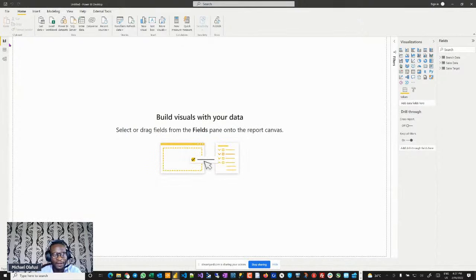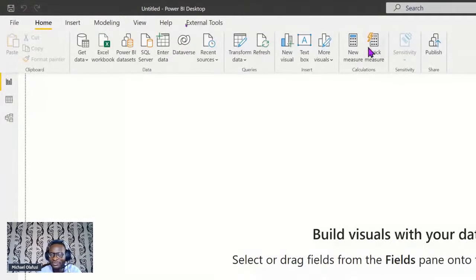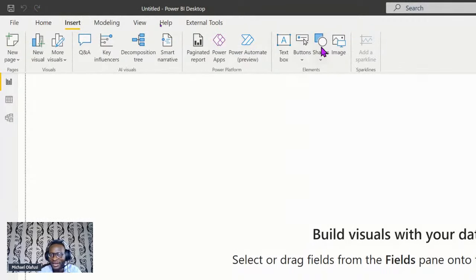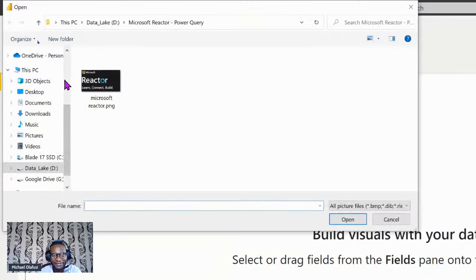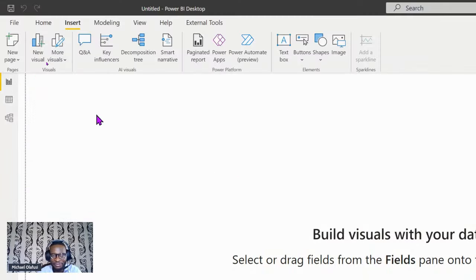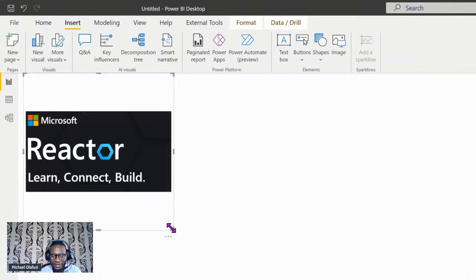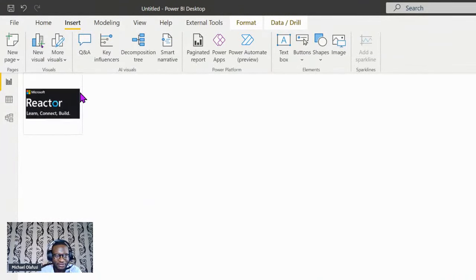Okay, so I'm going to say, I want to build my report. Novice, I just want to get to building my report, right? So I get the logo. I go to Insert. I have the logo somewhere. I say, yes, I'm really pumped up. I'm going to build the finest report possible, right? So I have this showing here. I say, yes, I want to put the logo right here.